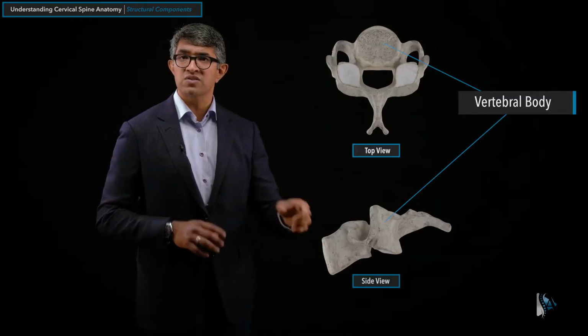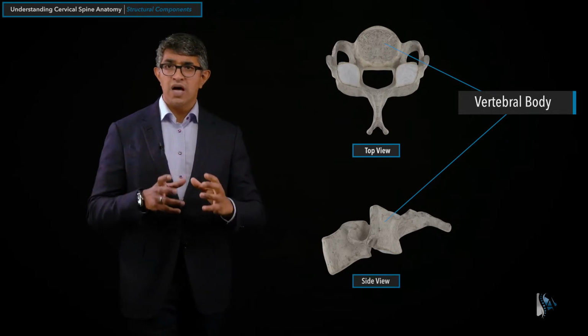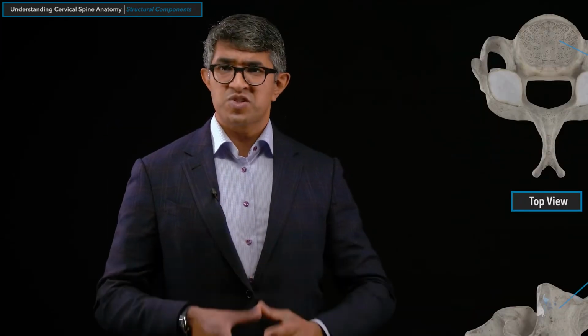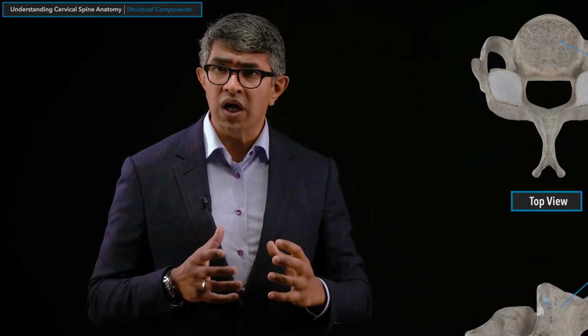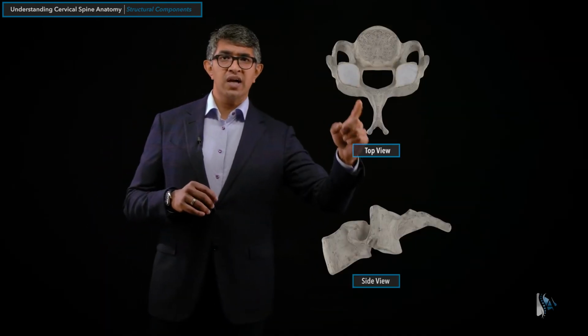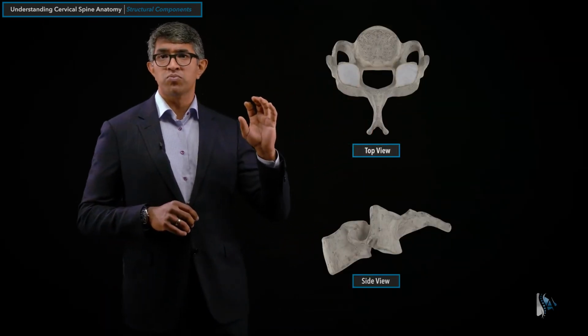Looking at it from the side, you can see it's a rectangle. That's a solid piece of bone. When you stack them all up, that's what makes up the spinal column. Now, there are structures that hang off the back of that, and the next probably most important structure to really